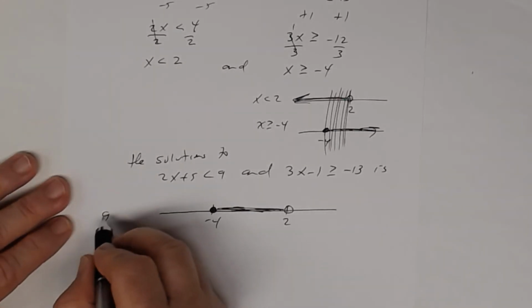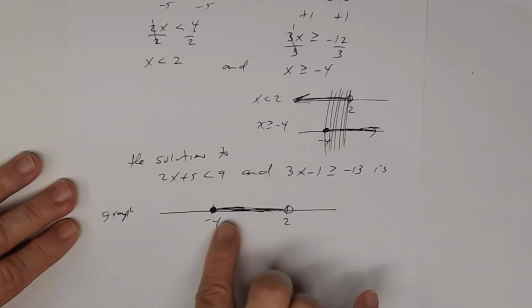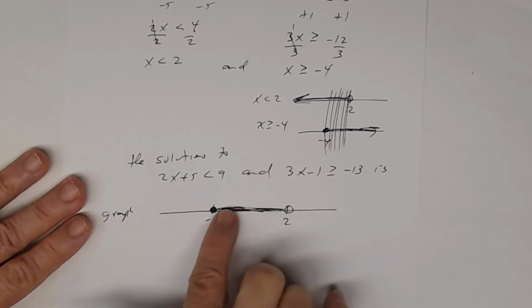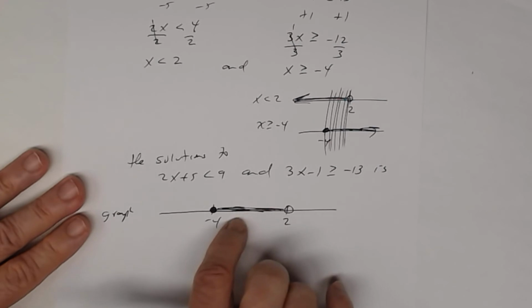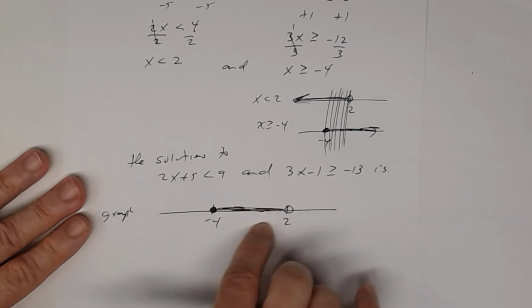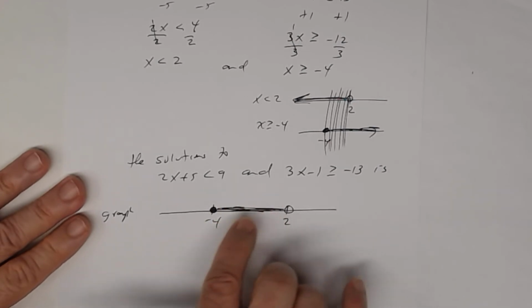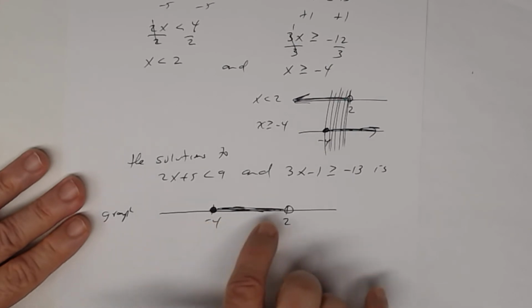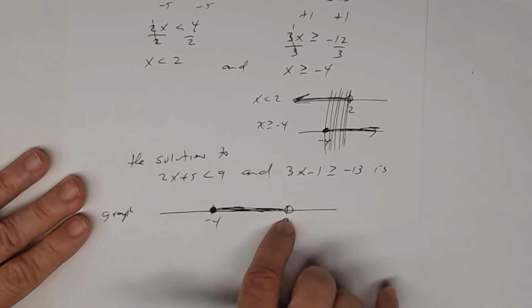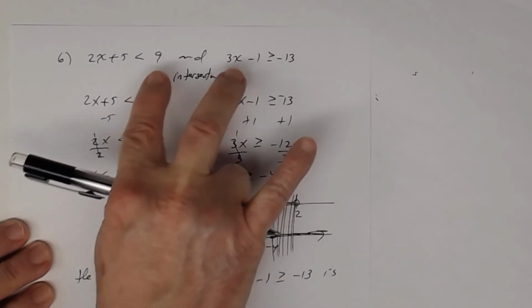So there's the graph. So you found the solution. So the solution that's shaded, and there's an infinite number of solutions here, infinite number of real numbers that are being shaded. So any real number that's in here between negative 4 and 2, including negative 4 because of the closed circle, but not including 2 because of the open circle, is going to make both of those true